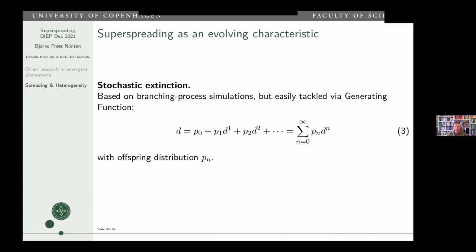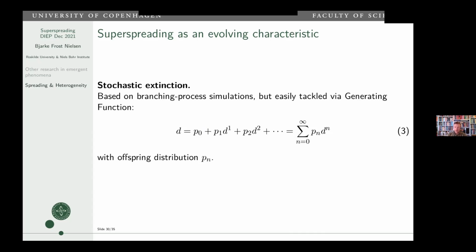I can give you a really nice answer actually, because it's so simple. One that's also nicely mathematical. This extinction process, or rather the spreading process, is just a Galton-Watson process. So it's essentially a branching process. One thing gives rise to two new things, that give rise to two new things, and so on. Except they don't always give rise to two new things, but there is some distribution, right? So if you have an offspring distribution called Pn, the probability of infecting n people, then you can